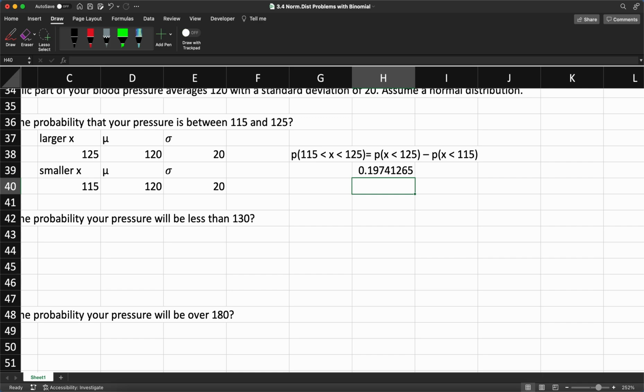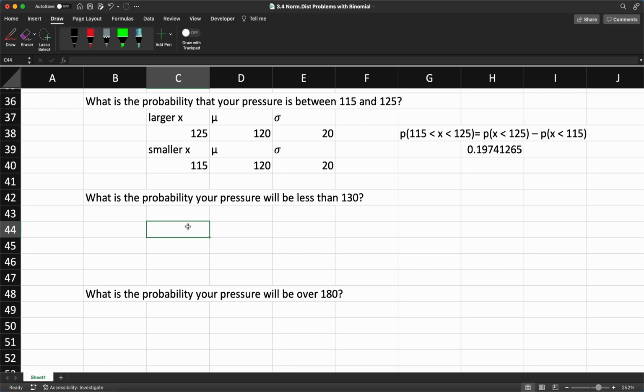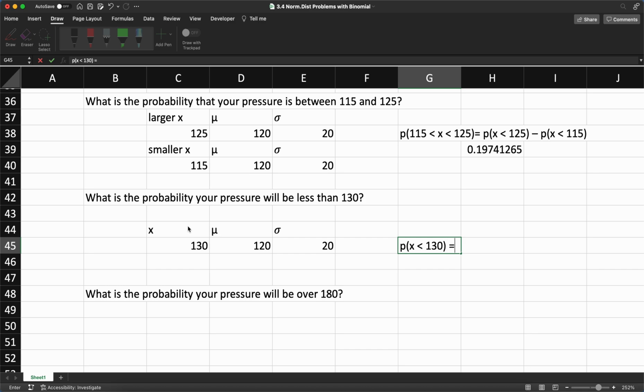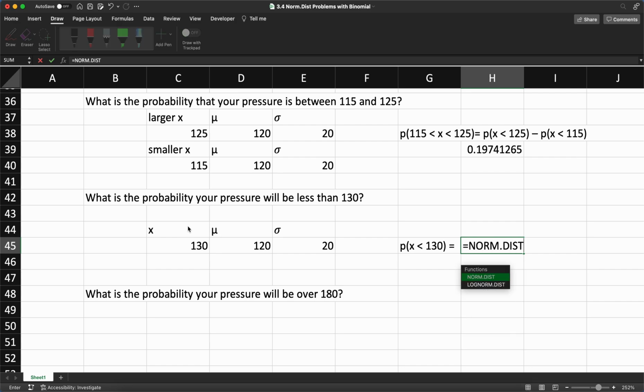Okay, so now let's find the blood pressure that's less than 130 here. So again, I'm not doing it in between two values. It's just less than a value. So I just need to identify an x, a mu, and a sigma. And in this case, x is 130, mu is 120, sigma is 20. And I'm finding the probability that x is less than 130, which is exactly how the normal distribution function works. So I don't have to do anything special, just norm.dist